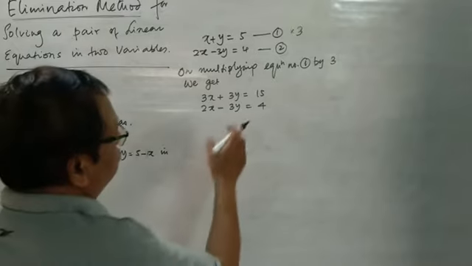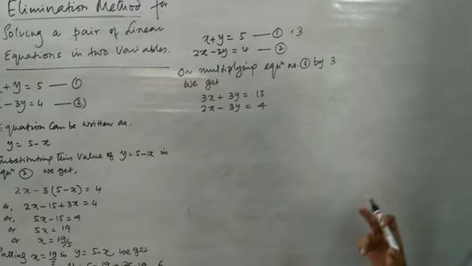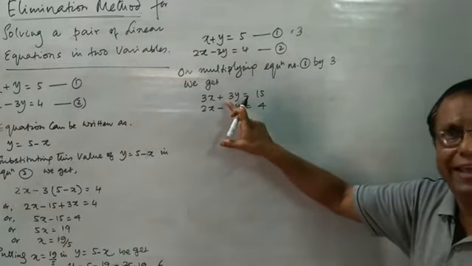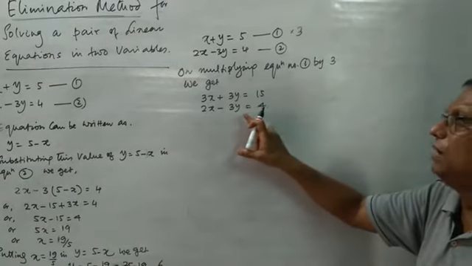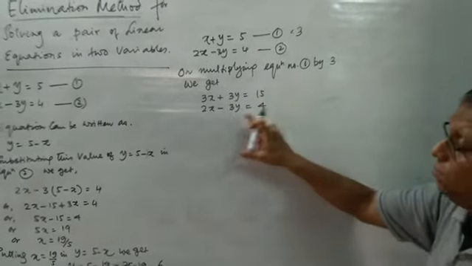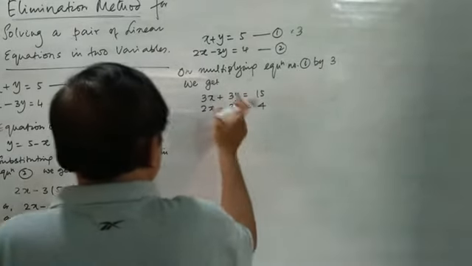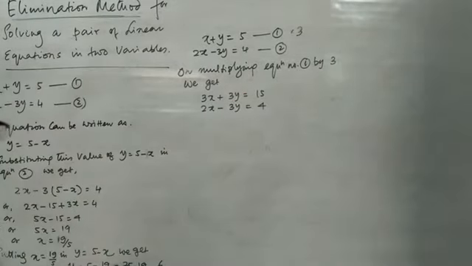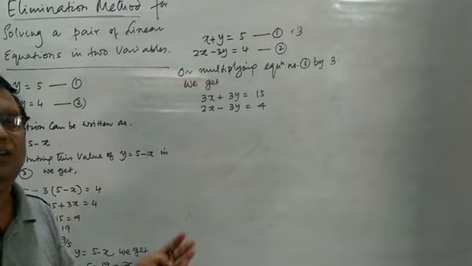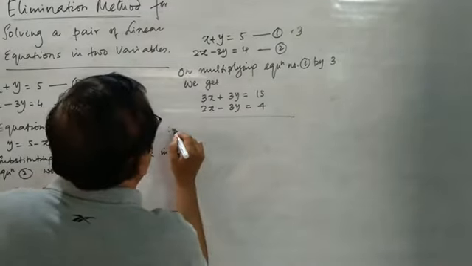So after doing so, what are we finding? The numerical coefficient of y in equation number 1 is 3 and in equation number 2 is minus 3. So the numerical values of the y coefficients are equal but opposite in sign. If they are opposite in sign, we will simply add. We will write, on adding,